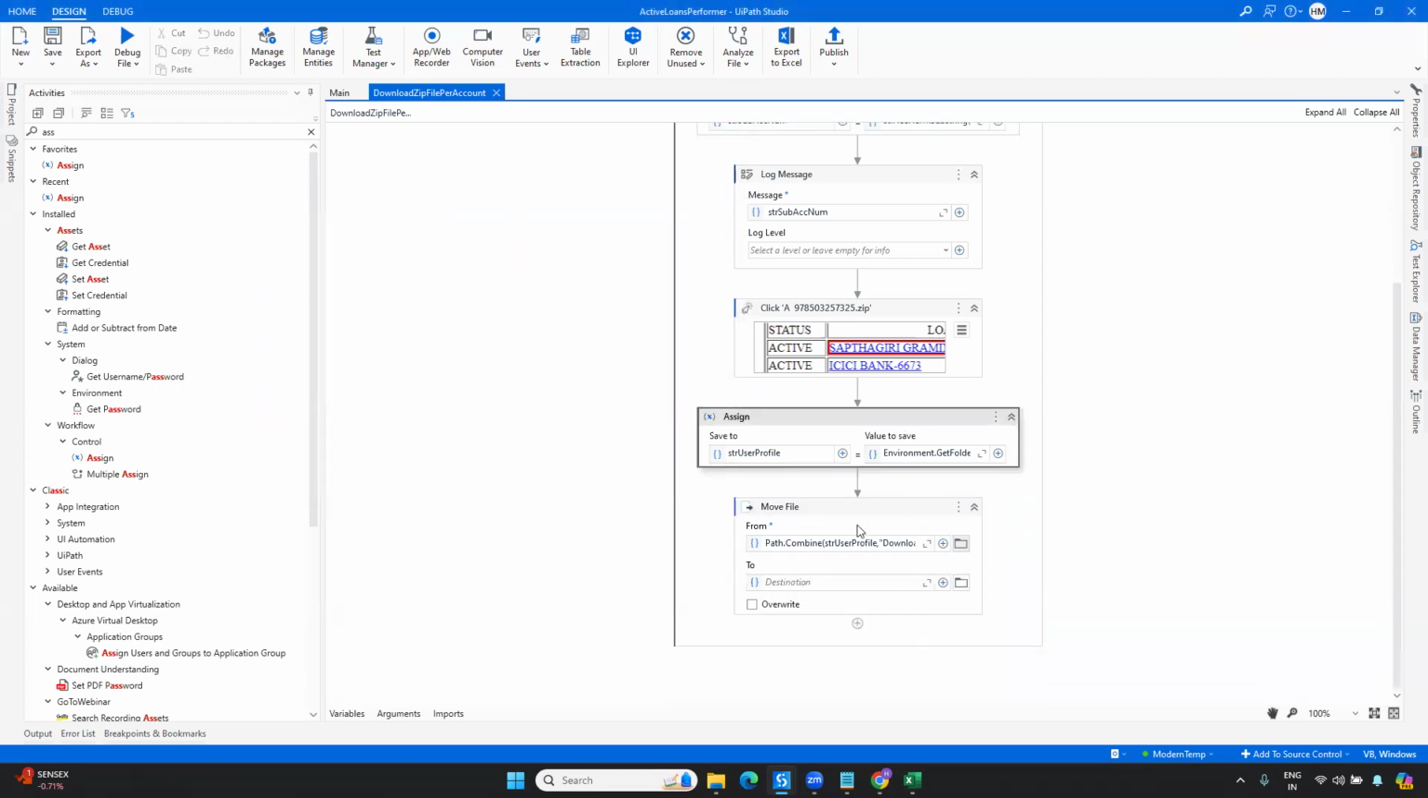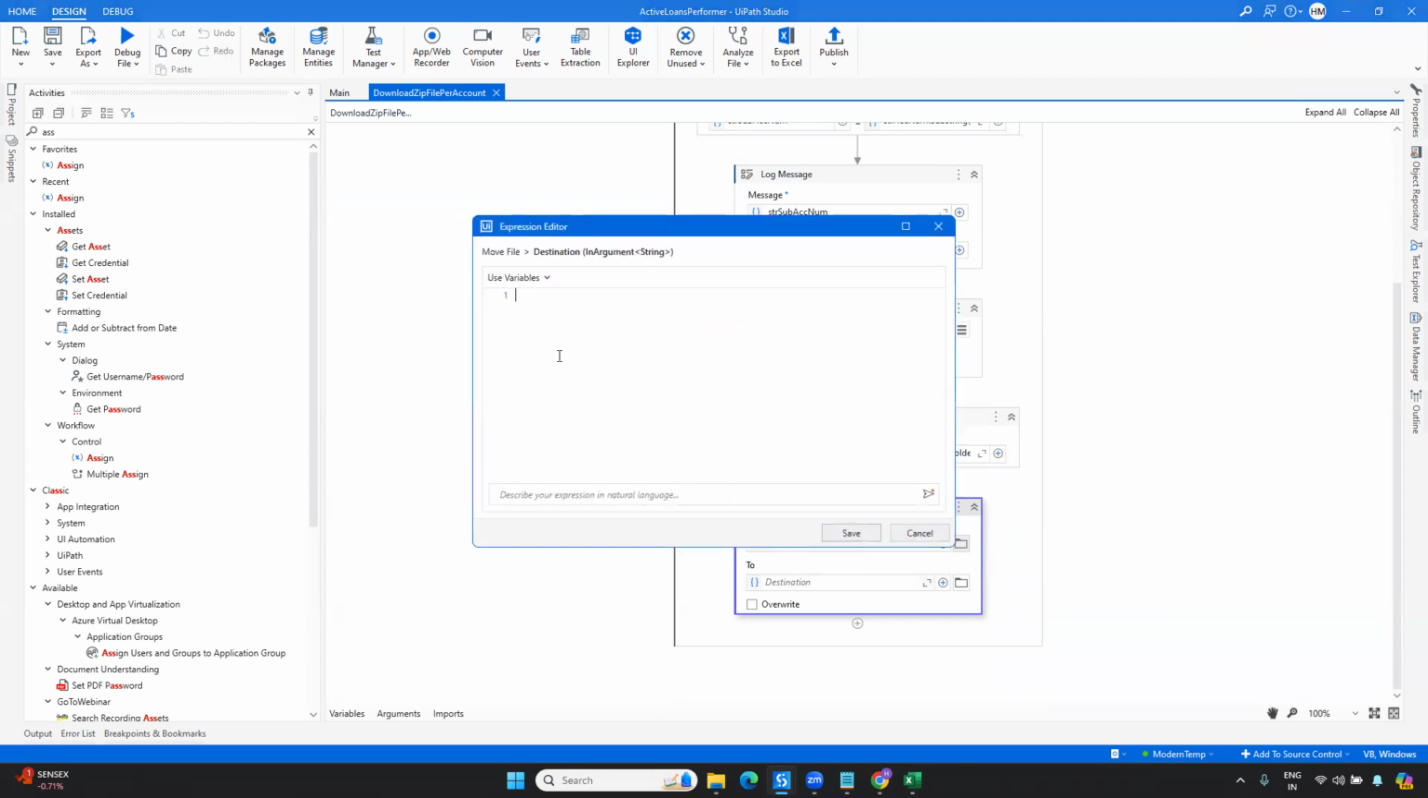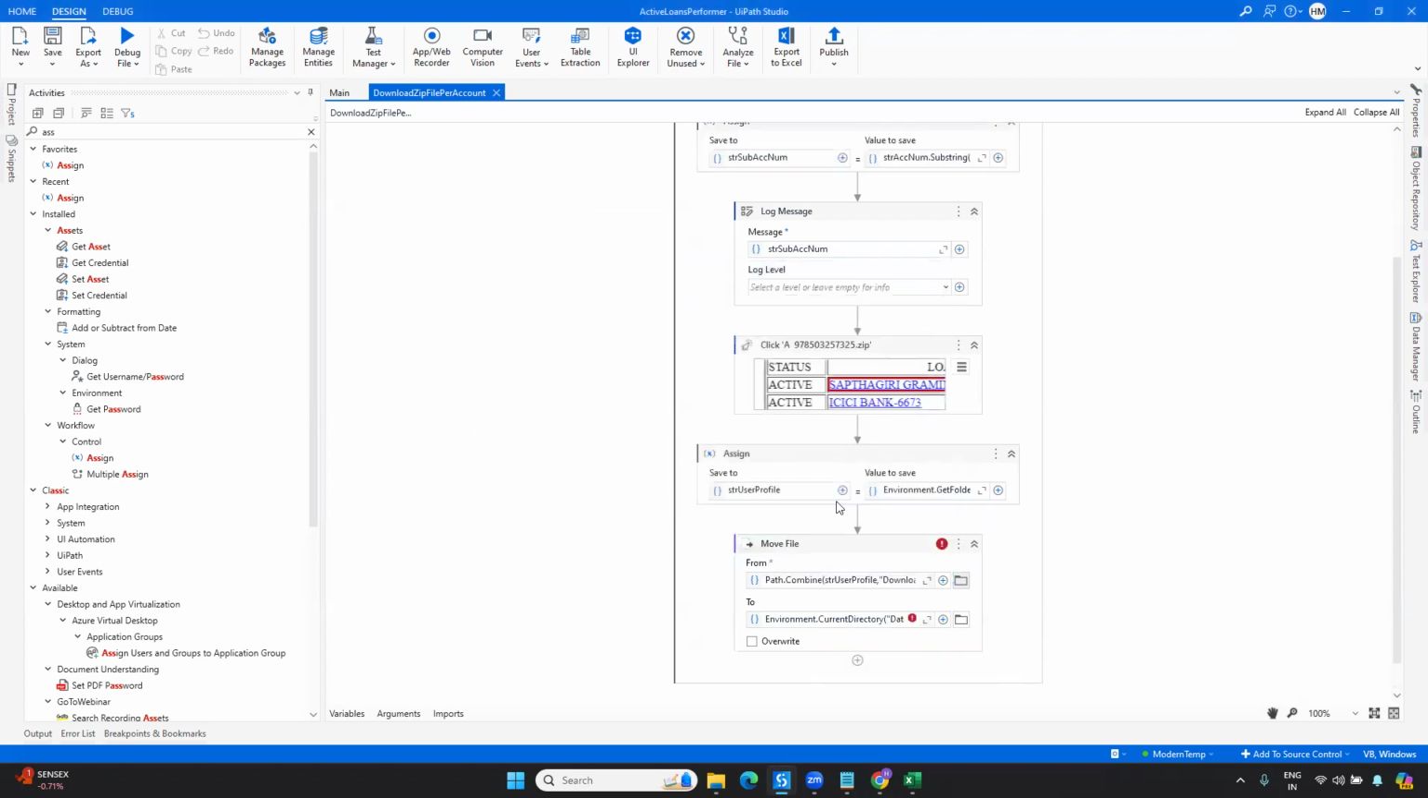And after that, you have to move the file from this location to which location? To our project location. So for that purpose, we will be using environment dot current directory, and in the input folder, I will be moving it. Okay. First, let's move this and later we can